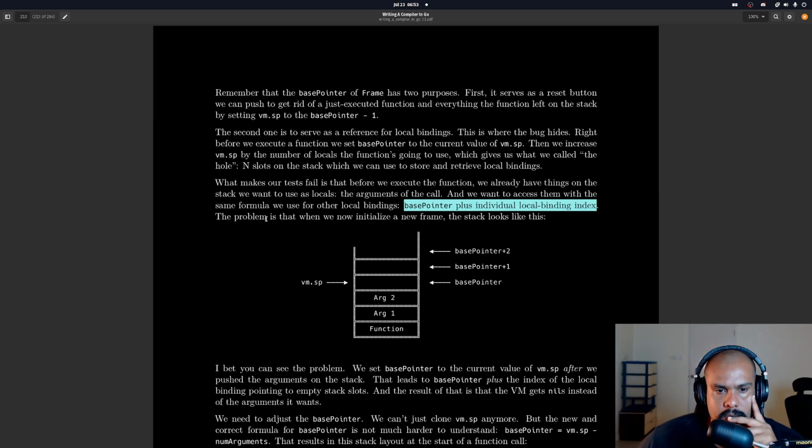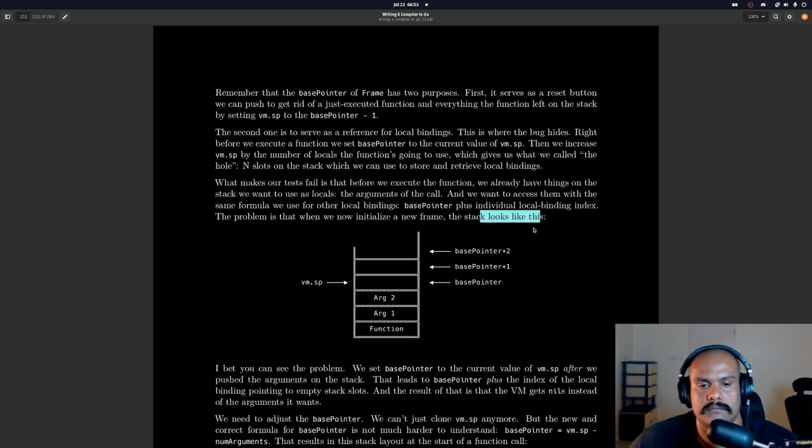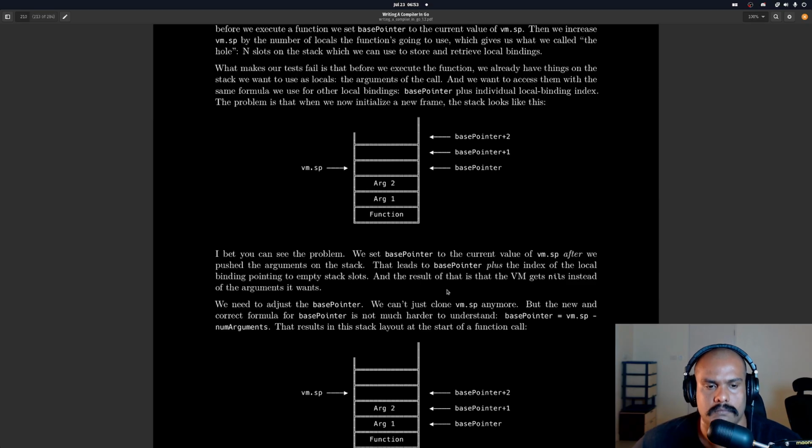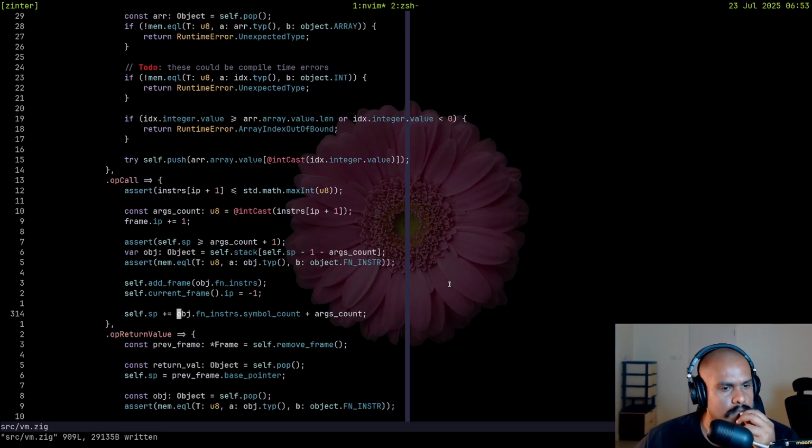The problem is that when we now initialize a new frame, the stack looks like this. No, it doesn't. We add a frame.